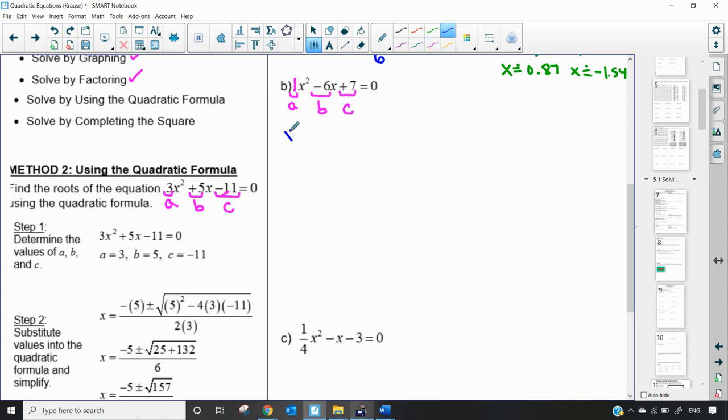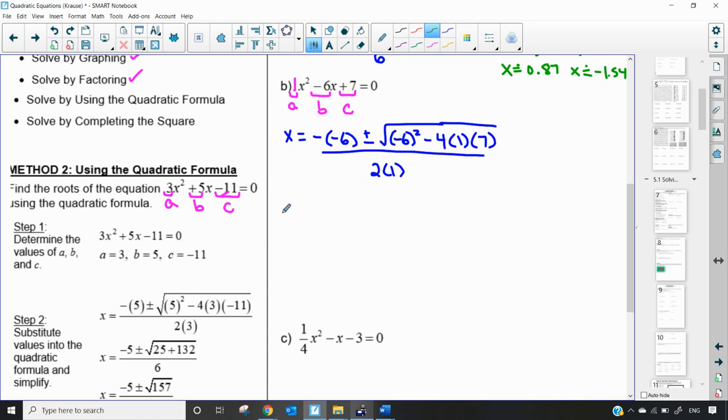So subbing into our formula, we're going to have x equals negative b, so a negative negative 6, plus or minus the square root of b squared, so negative 6 squared. This is where those brackets are super important. Minus 4 times a is 1 times c is positive 7, all divided by 2a, so 2 times 1. Now we just simplify as we go, so a negative negative 6 is positive 6, plus or minus the square root of 36 minus 28,